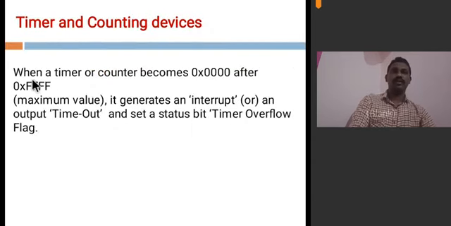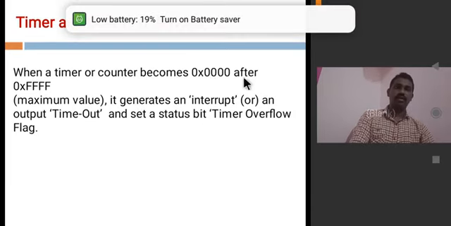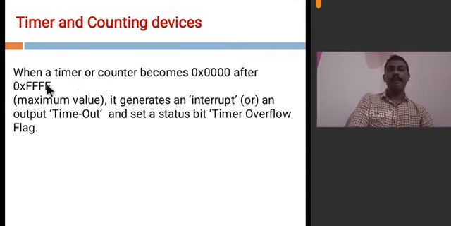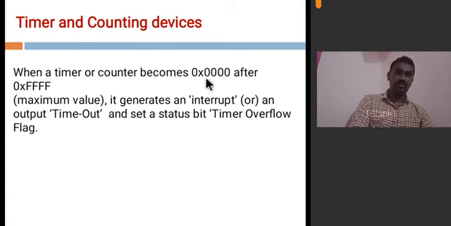Next, see, when a timer or counter becomes 0x0000 after 0xFFFF, this means after reaching the maximum value, the counter again becomes 0.